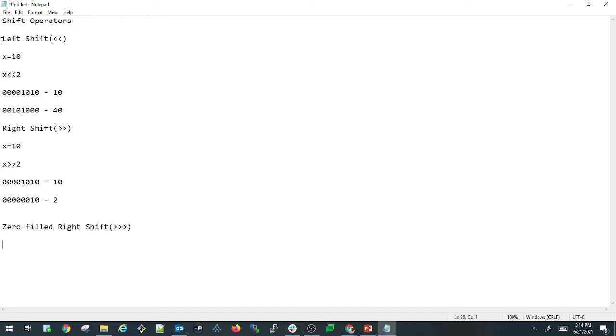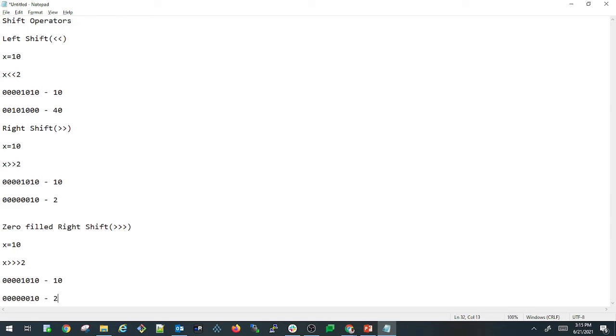So let us perform the zero filled right shift operator for the same value, x equals 10. If you perform the zero filled right shift operator on x for 2 times, the binary representation of the variable x is 00001010. After you perform the zero filled right shift operator, it will become 00000010.